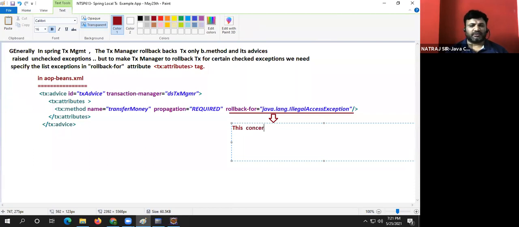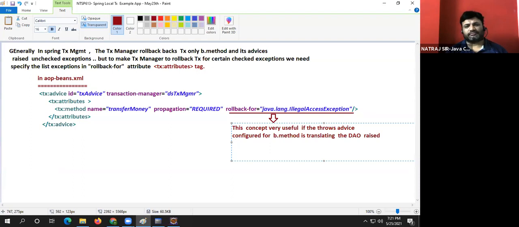Very useful if the throws advice configured for a business method is translating the DAO raised